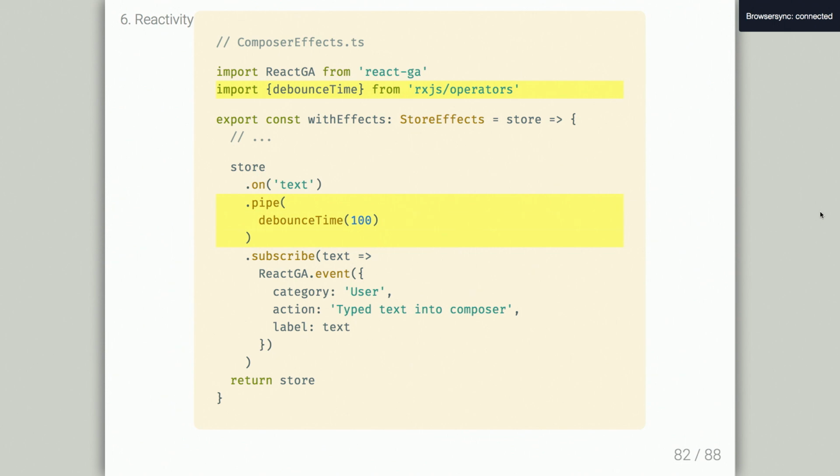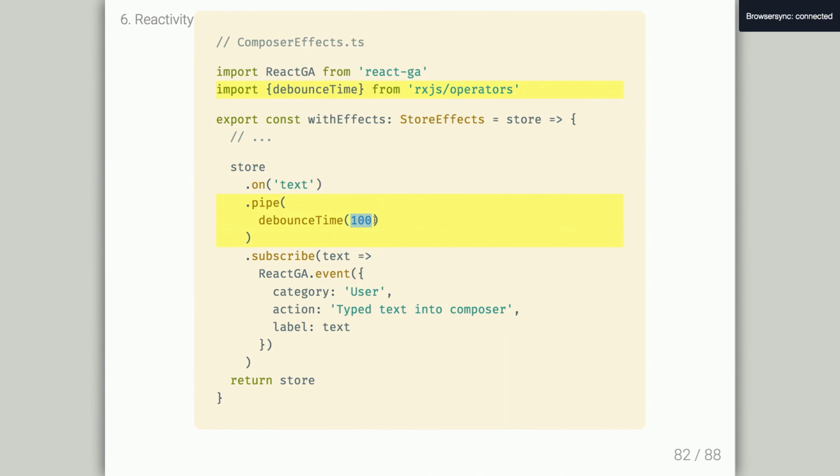There's like 100 operators. You're not going to use all of them. And they'll be crazy. But you use maybe 5, maybe 10. So debounce is a very common one. And this is something you might do. Google Analytics has some limit per application. There's some maximum number of logs that you can send. Let's say you're hitting that limit, you just debounce your stream. And what this does is now it will log text at most once every 100 milliseconds. How easy was that?